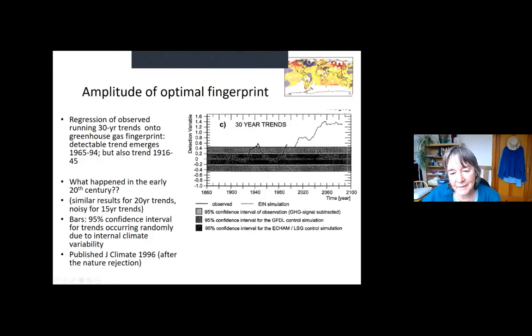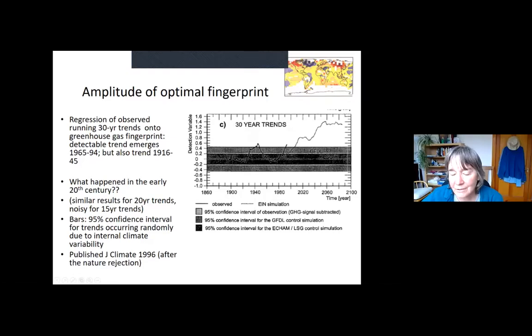And then we have estimated climate variability from observations by trying to subtract the greenhouse gas signal using the residual, and see what this tells us about how much random 30-year noise trends project onto that fingerprint just by chance, and then a control simulation with one model and then another model. And you can see that the GFDL one has a wider range, but the observations burst through both of them,